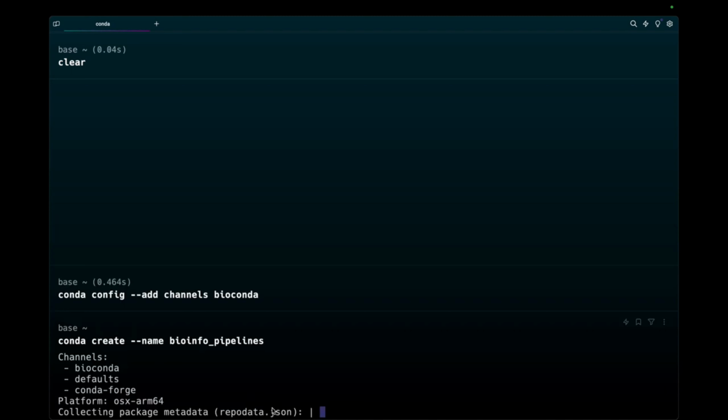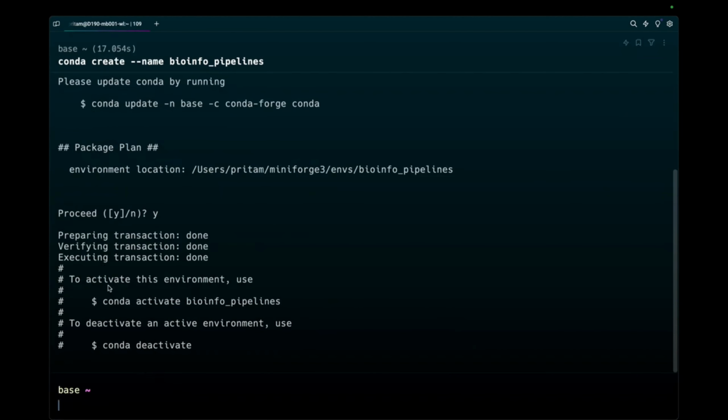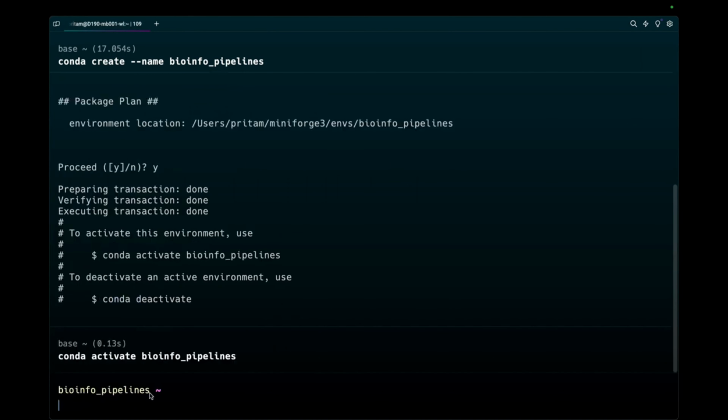Okay, so once you create that, it will take some time to create the environment, and then you press yes, I want this environment. And to activate that, you have to paste this particular command, that is conda activate bioinfo_pipelines. Okay, and the next thing that you want to do is install Nextflow. You can add a channel like this. The -c option is to add channels, and if you want to install NF Core, then just type in nf-core,